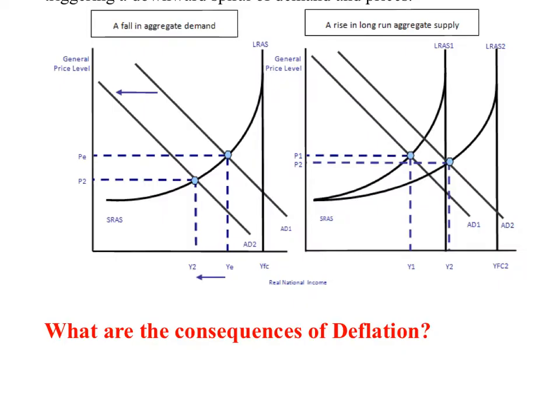So just a reminder, if it's a benign deflation, we want to show a shift of long-run aggregate supply 1 to long-run aggregate supply 2, just to show that because of the increased capacity, price levels are falling. And if it's malign deflation, then what we want to do is show that shift of AD1 to AD2. And as we can see, if we think about a Keynesian viewpoint, that means there's much more excess capacity within the economy. The economy is not performing efficiently, and that's why we can see that price levels are actually falling because of the excess output.